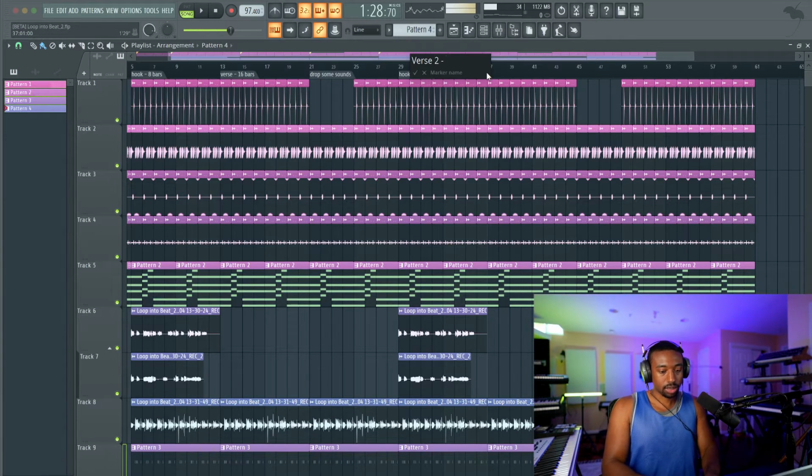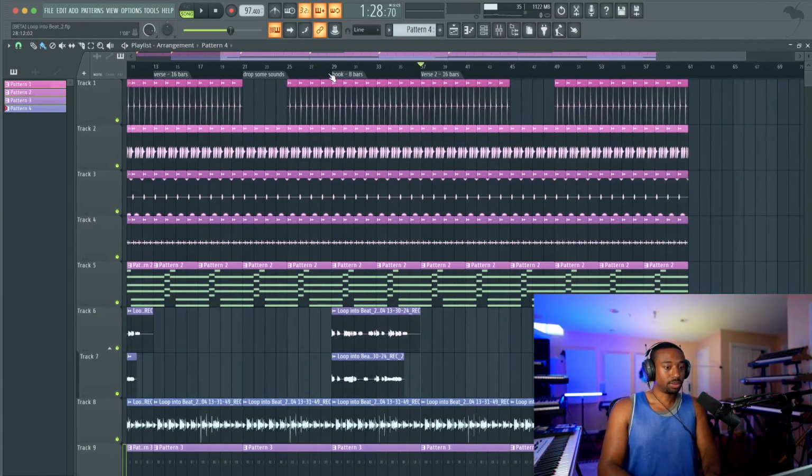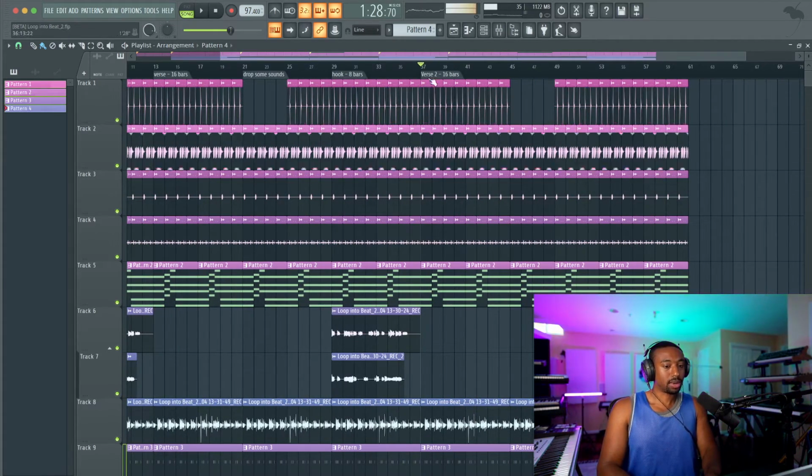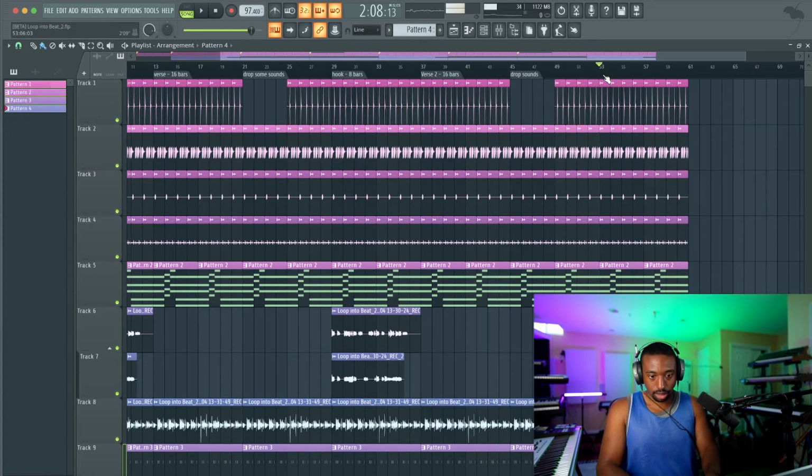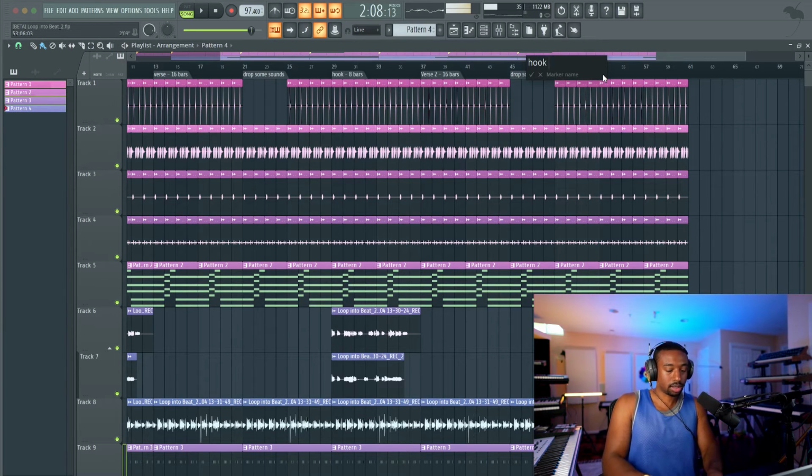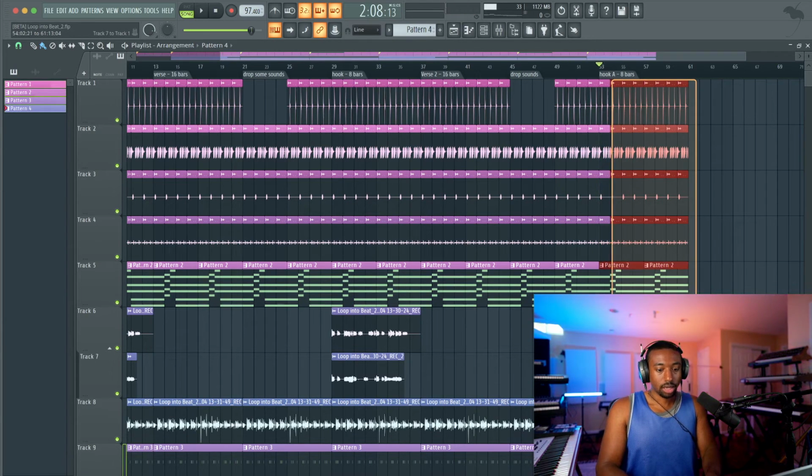So verse 2 is 16 bars. Now this one, you can get a little experimental. Okay, so that's why I said you could drop out the beginning, but we'll get to that in a second. Drop sounds, and then we're going to move into the hook at the end. Now at the end, you could have 2 hooks. So this is hook A, 8 bars, and then you could do a hook B if you want to extend the song out just a little bit more.